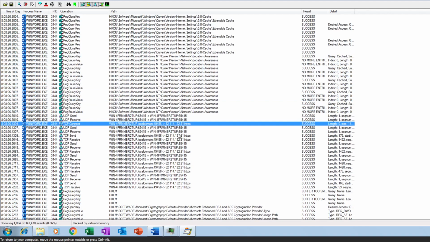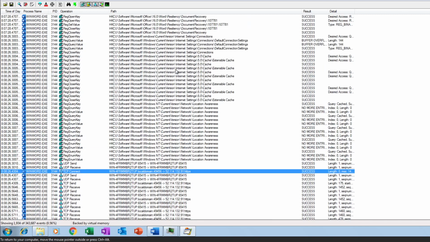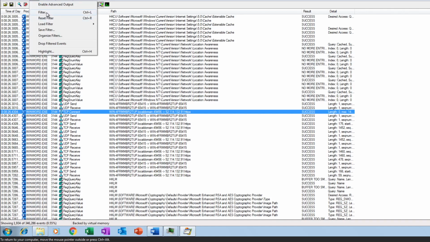So far, it seems like it's sending the activity of the internet by looking at the modifications it's doing on the registry keys of the internet settings, and then it is sending that to this domain. So if we filter here,